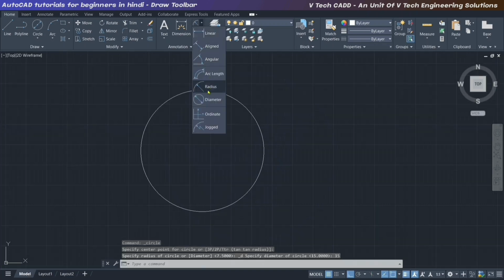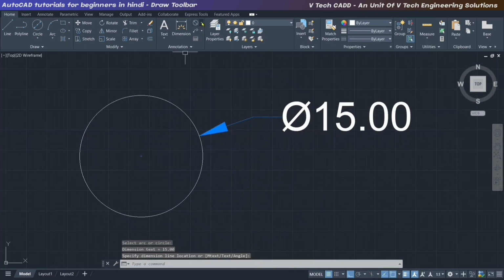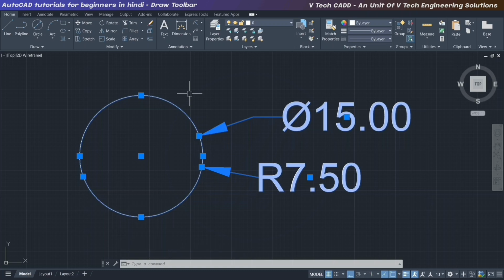Let's check the diameter and press here, click on outside, and let's check the radius. It is 7.5. So there are two types of circle: first by using radius and second by using diameter. Let's move to another command,